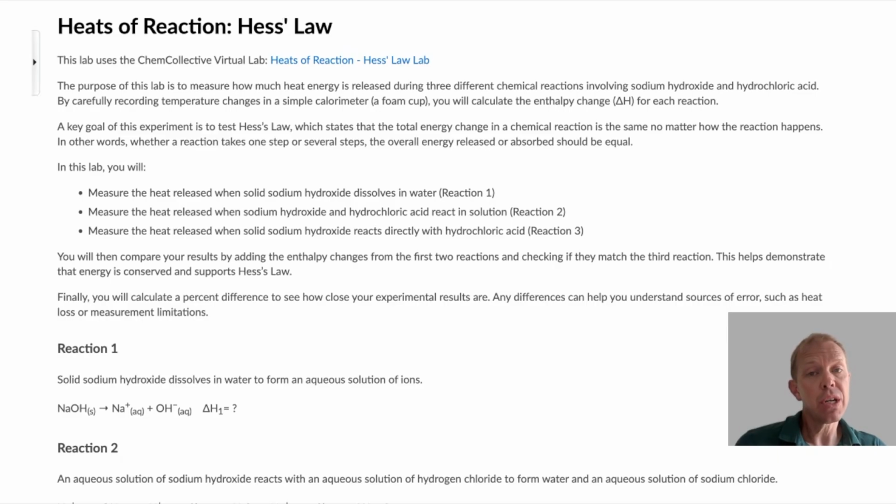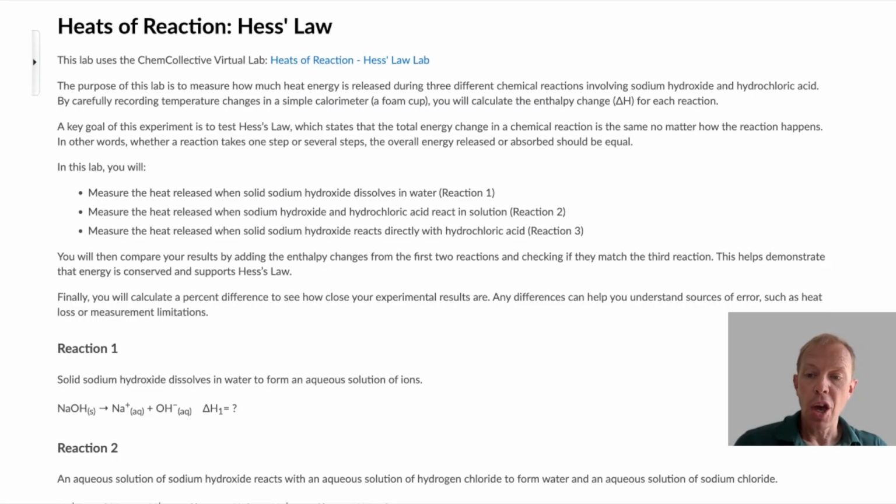Now, there's going to be 3 different components to the lab. In reaction number 1, we're going to measure the heat released when solid sodium hydroxide dissolves in water. In reaction number 2, we're going to measure the heat released when sodium hydroxide and hydrochloric acid react in solution. And in reaction number 3, we're going to measure the heat released when solid sodium hydroxide reacts directly with hydrochloric